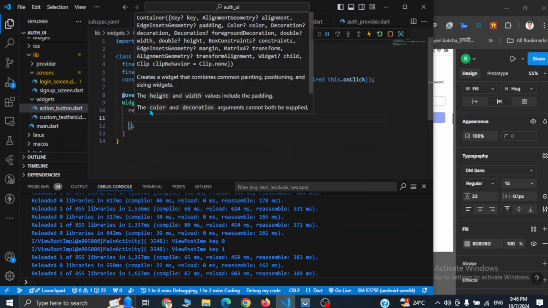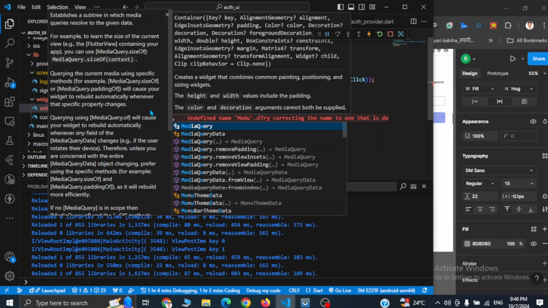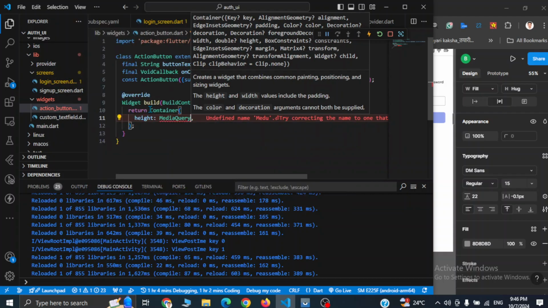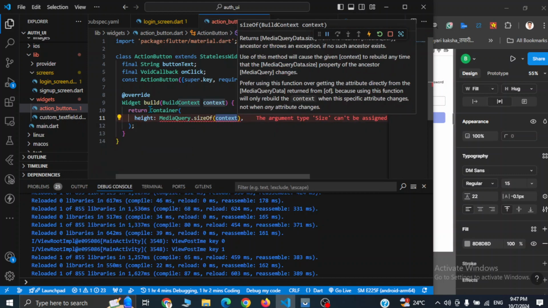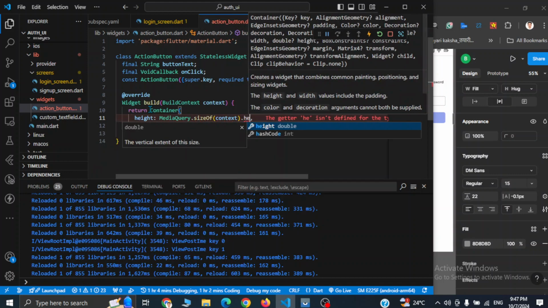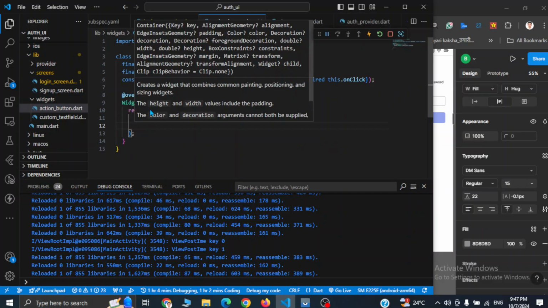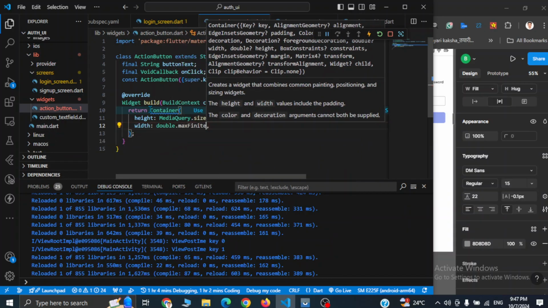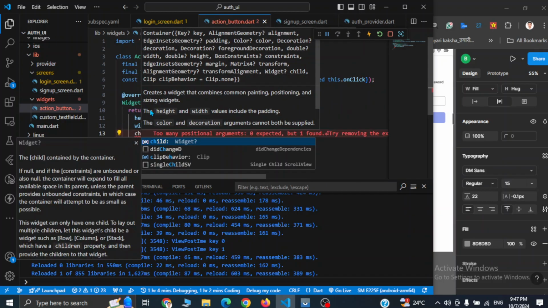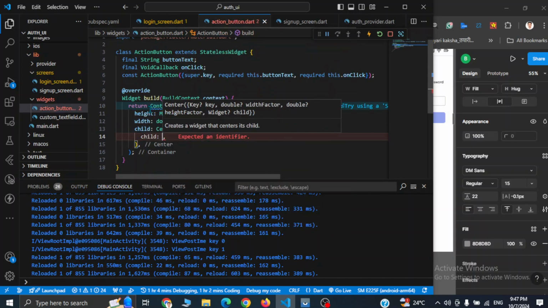and to make it responsive we have to use height and width values using the MediaQuery.sizeOf function, MediaQuery.sizeOf(context).height times 0.08. If it is short, then we will increase it later, and for width we can use something like double.maxFinite, and in the child we can use the Center widget and child Text,